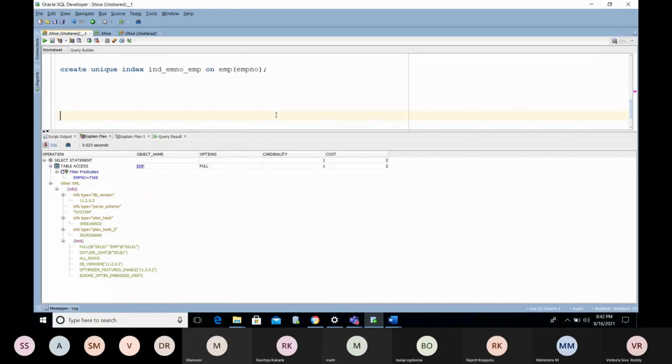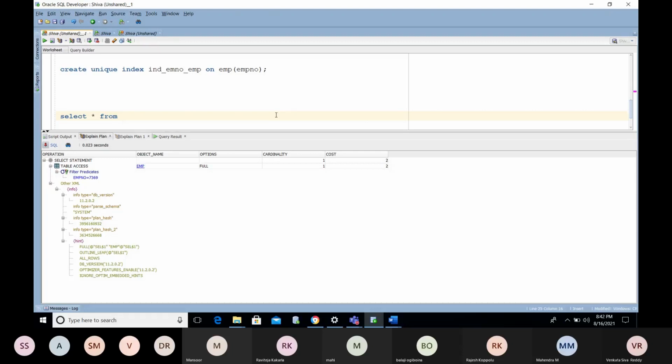In some cases, suppose we have an account table with two columns, account number and customer ID. If you want to maintain uniqueness, or retrieve the data based on two columns at a time, with two conditions, then you will use the composite index.